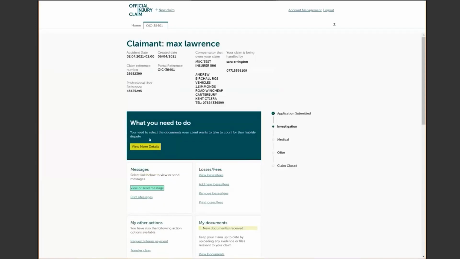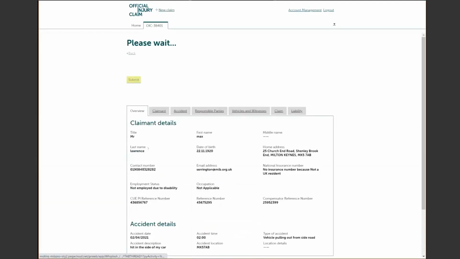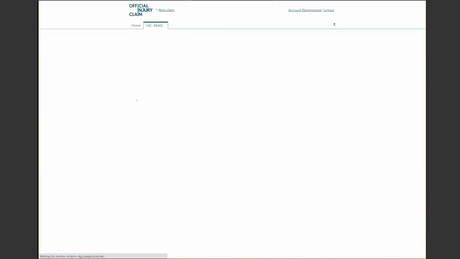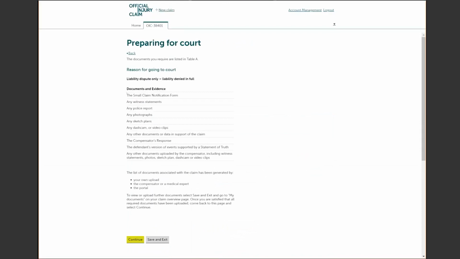So now I need to select the client's documents for court. Do you know of any other claim relating to this accident? I'm going to select no. I've got my reason for going to court for liability dispute, a list of possible documents that would be needed. If I select continue,